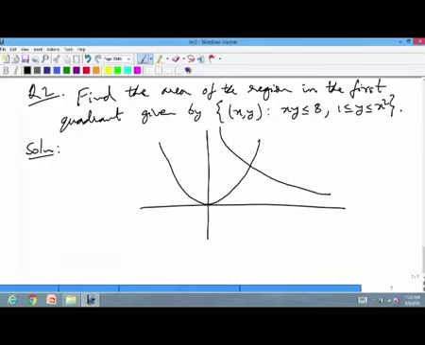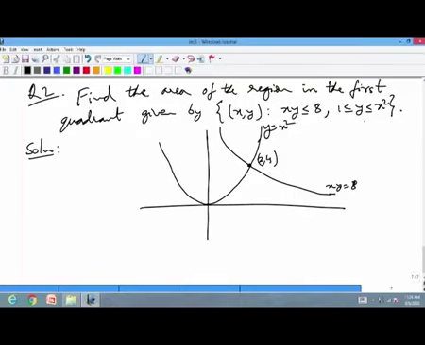So, first let us see where these two intersect. So, we have x y equal to 8 and y equal to x square. If I put y equal to x square, then I get x times x square, that is x cube equal to 8. So, x is equal to 2. So, this point is 2 comma 4,